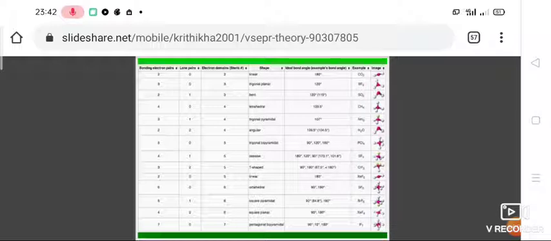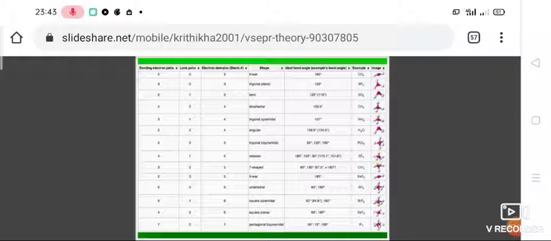Next, if the covalent species is an anion, add the same number of electrons as the negative charge on the ion to the number of electrons attributed to the central atom through steps 1 and 2. And if the species is a cation, deduct the same number of electrons as the positive charge on the ion from the number of electrons attributed to the central atom through steps 1 and 2. Now one example I will give.